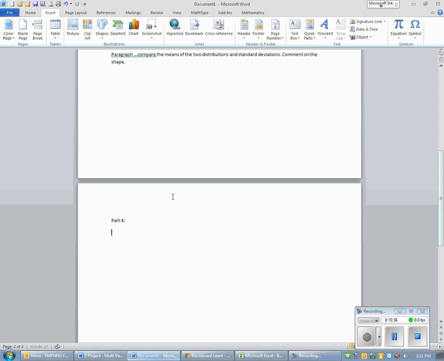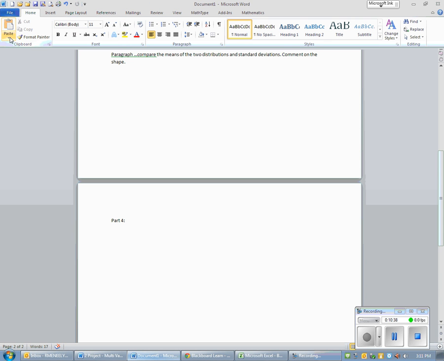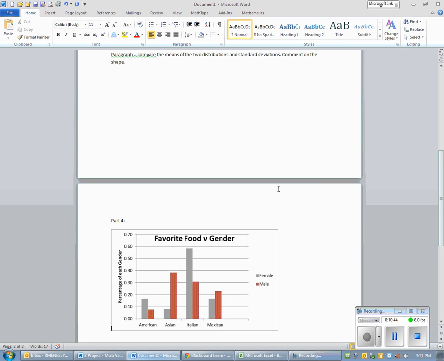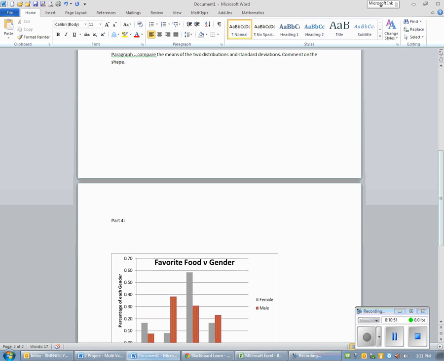And actually just a reminder, when you're pasting, it's a good idea to paste special and paste it as a picture. That way, changes that you make to the spreadsheet won't affect your graphic. But there's your graphic. You also should include your two-way table. So data on favorite food